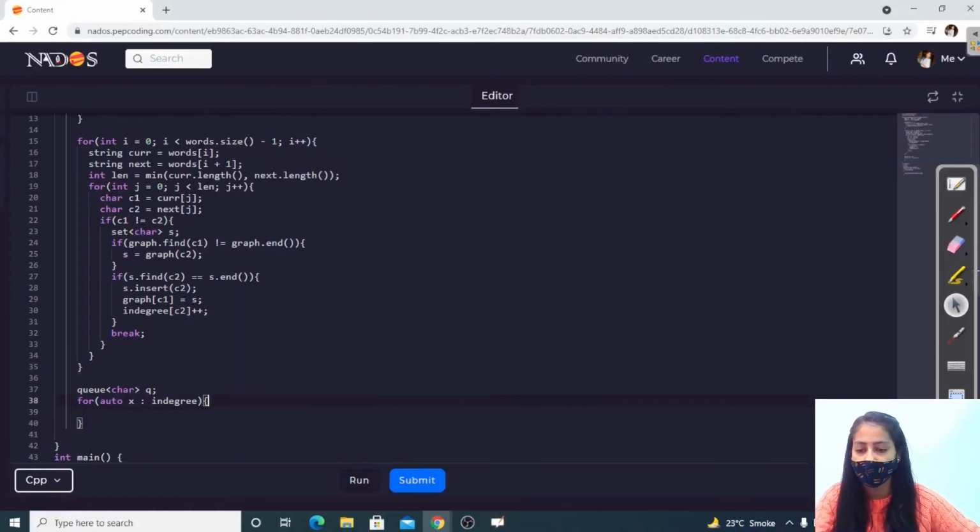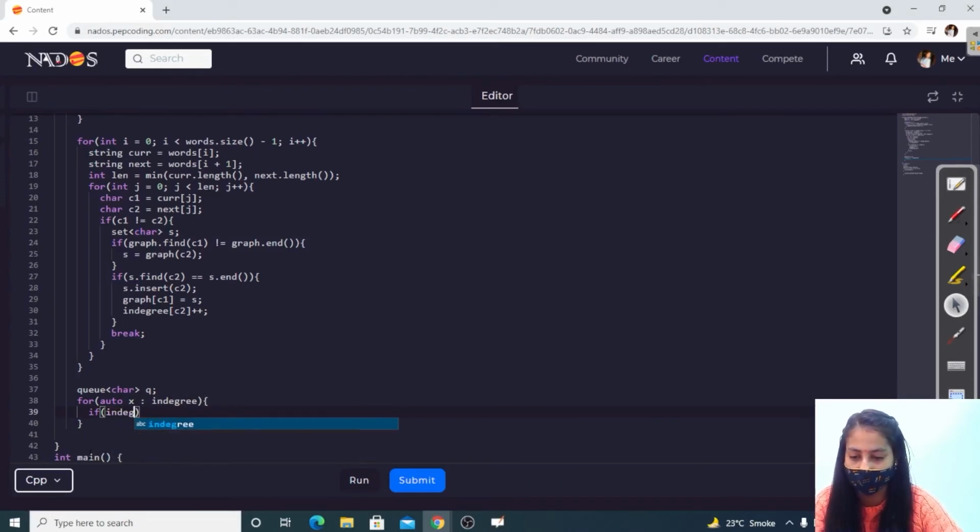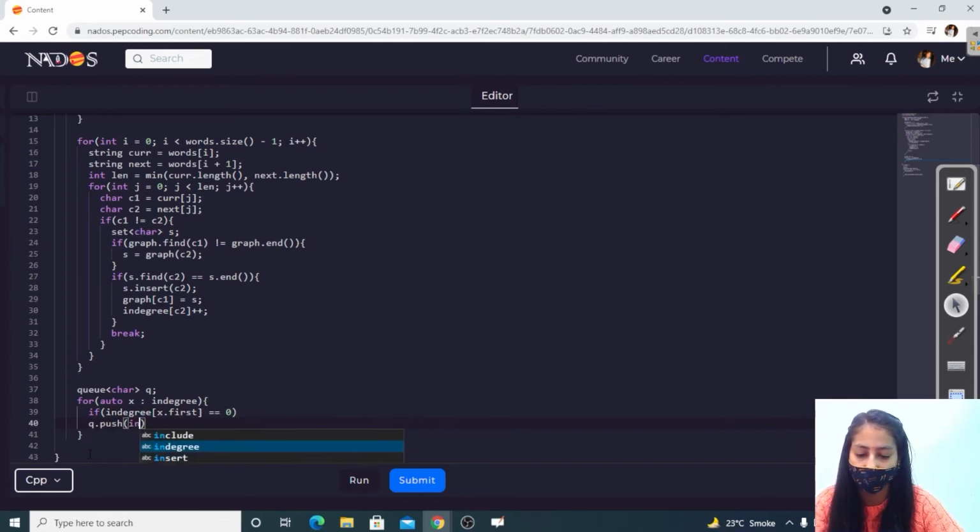So if the value is 0, if the in degree is 0, then push that to our queue, right? Add that character to our queue, right?